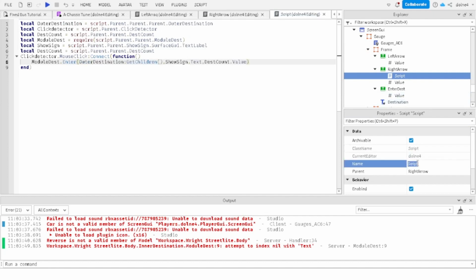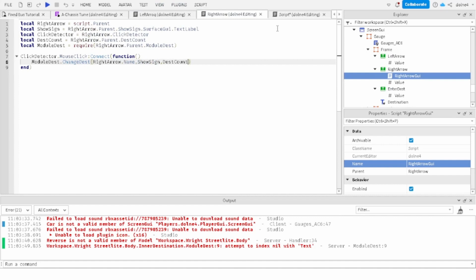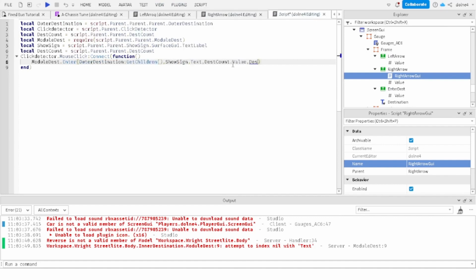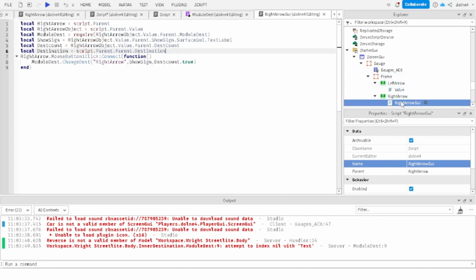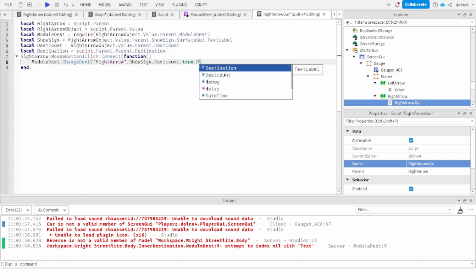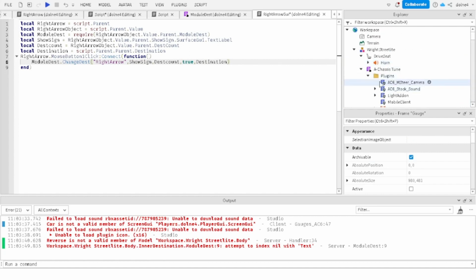Let me just do the right arrow GUI, and I'm going to change this and add in destination. Did I put destination for this? No. This one I want to put in destination. So now if I were to test this out,